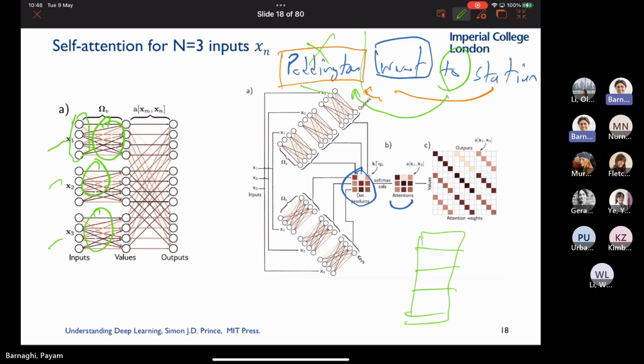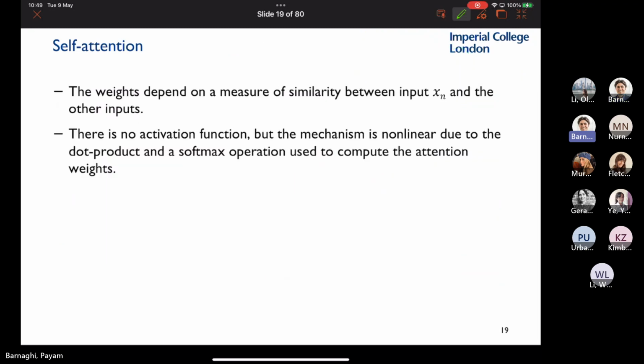When I show the full architecture, you will see this is still the first part of the attention model. You will see how different layers work, where you can change the dimension and where you cannot. Because at some point, some of them need to be the same dimension as your data, and some of them don't. But for now, your queries and keys need to be the same dimension. And if you change the dimension, there will be some other implications I'll show in a second. But it's a very good question.